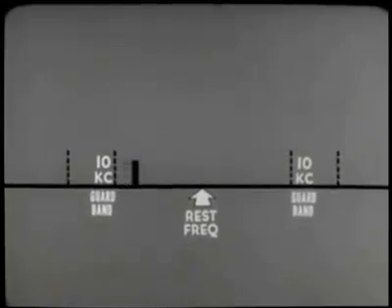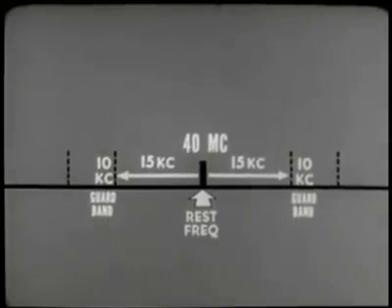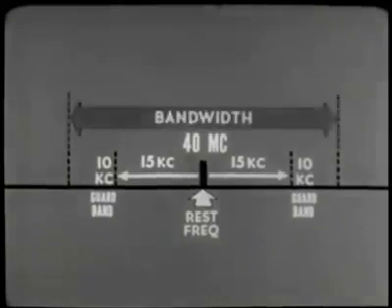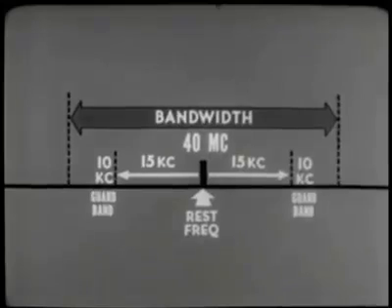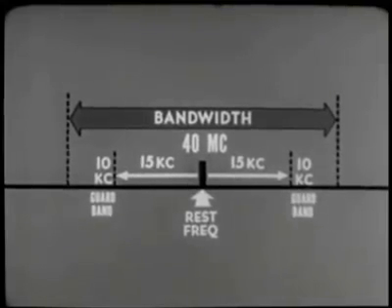Add to this the 10 kilocycles on each end for guard bands, and the total bandwidth is 50 kilocycles. The 50 kilocycle bandwidth is not a standard. All FM transmitters do not have the same deviation. It will vary in accordance with the equipment's design and mission, but the principles under study apply to any and